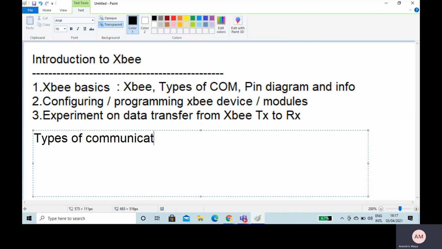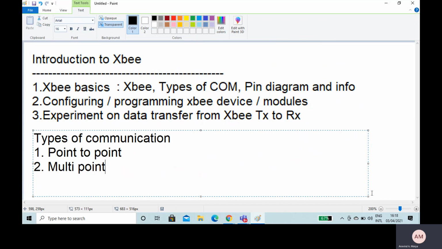If you are asking about the type of communication in an XB, there are two types. You can have a point-to-point communication, which we will be discussing for this proposed experiment. Otherwise, you can have a multi-point communication system. Point-to-point means data moves from point A to point B, with only one transmitter and one receiver.